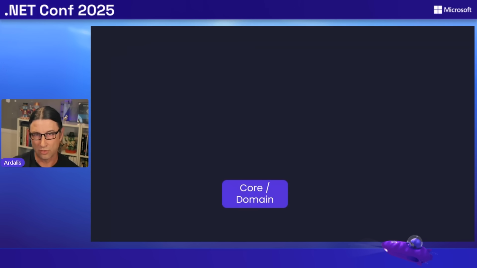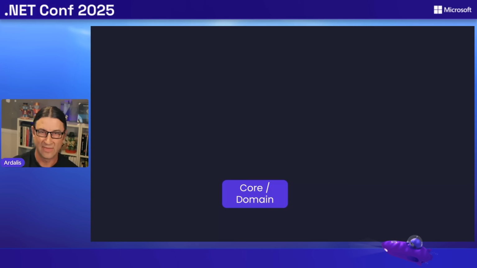We're going to have this core domain project, and in there we're going to put all of our business logic stuff, our domain model if we're doing DDD. This is going to have our entities. It might have value objects and aggregates and other DDD stuff. But it's going to have just pure C# code, pure goodness that we can unit test with no dependencies. And unit testing is easy because we don't have databases and web services and files and all the other stuff